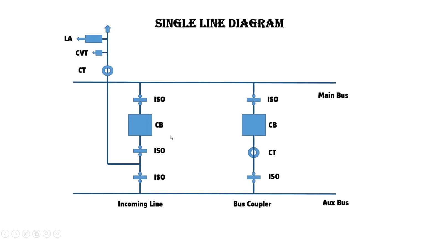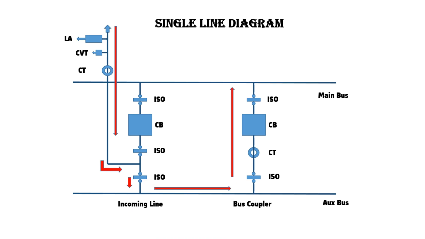Now here, through this single line diagram, we are going to explain how GOOSE communication will be used. Here we have an incoming line and a bus coupler. When the incoming line circuit breaker is operational, the load flow will be according to the red line. When the circuit breaker of this line becomes non-operational due to any failure, then we need to use the bus coupler circuit breaker to charge the main bus, and the load flow will be according to this red line